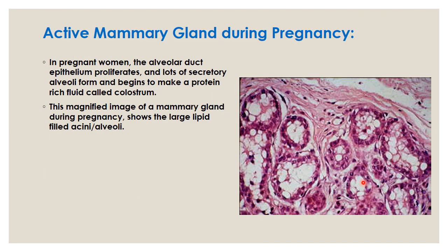Now, this is the active mammary gland during the early and the late pregnancy. You can see the size of the alveoli has increased tremendously. And this increase in the size of the alveoli is under hormonal control. So under the regulation of the estrogens, the alveoli increase in size and start secreting their secretory products into the lumen, that is the milk. The amount of the fibromuscular stroma and the intralobar stroma decreases in size and in amount also.